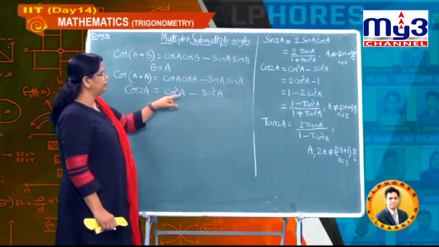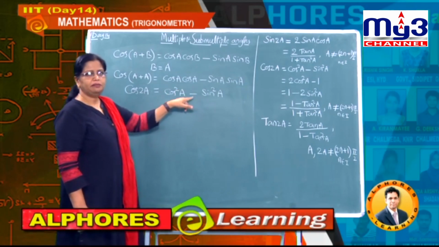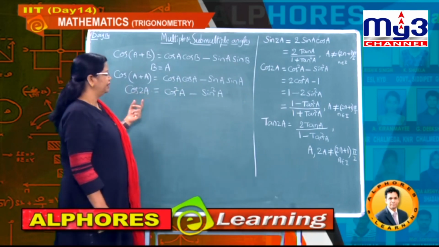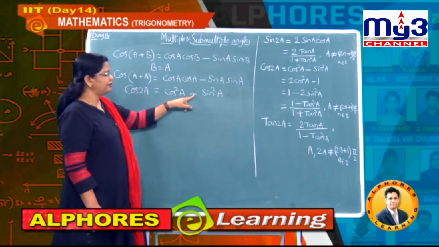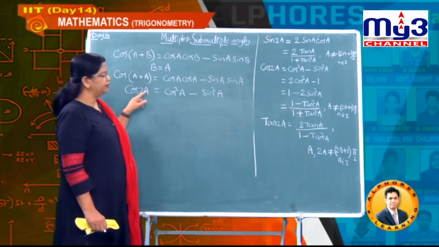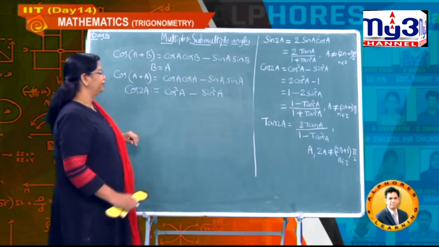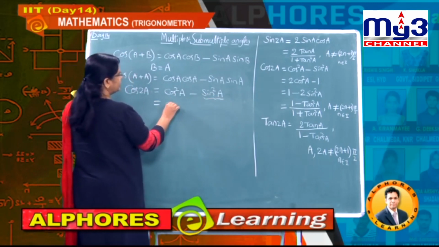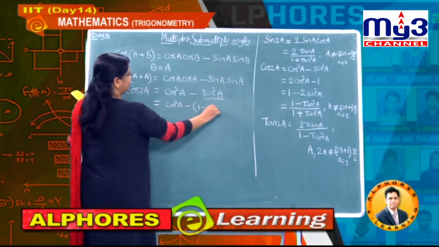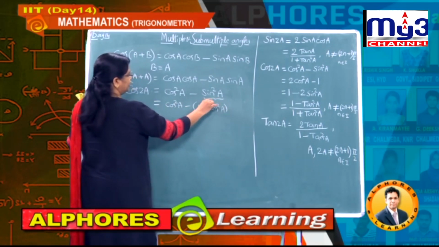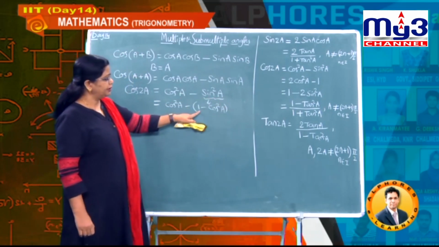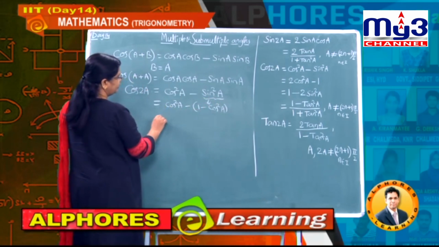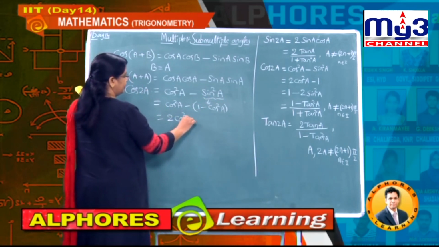Now you observe here, whenever you are having a plus symbol, it's nothing but our identity cos square A plus sin square A is 1. Now it is cos 2A. So whenever the minus symbol is there, what is the formula you are going to get? It is nothing but cos 2A. Okay. Now from this one again, if I write this sin square A as 1 minus cos square A, just using our identities only, not any new formula, our old identity, then minus into minus is plus, it is cos square A. So you got 2 cos square A minus 1.